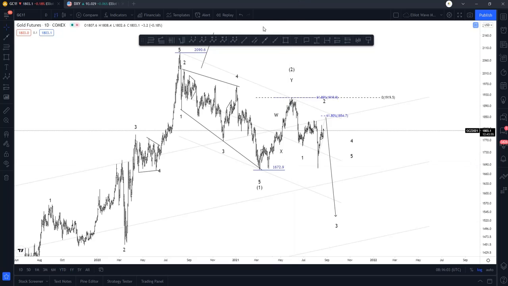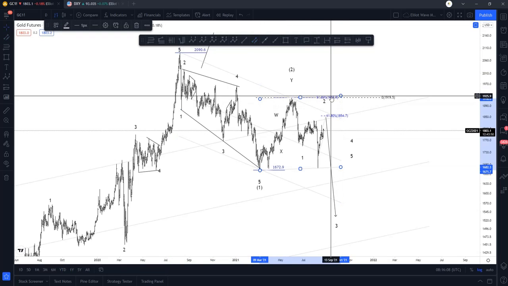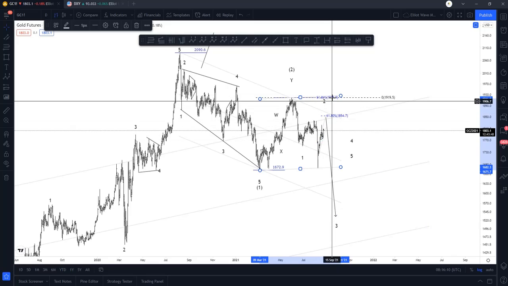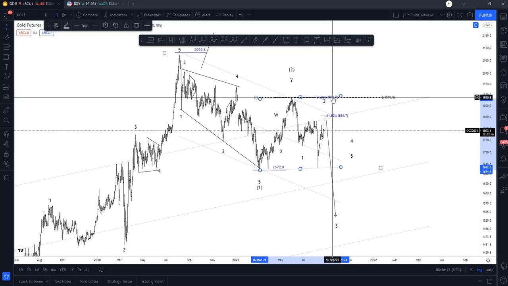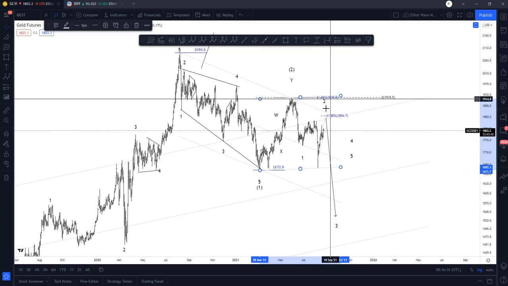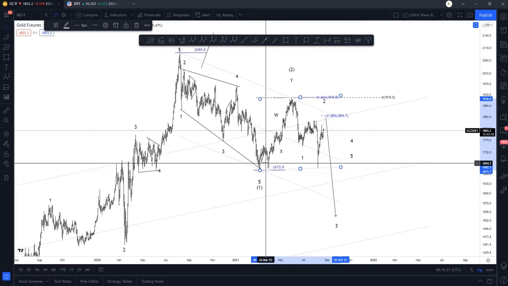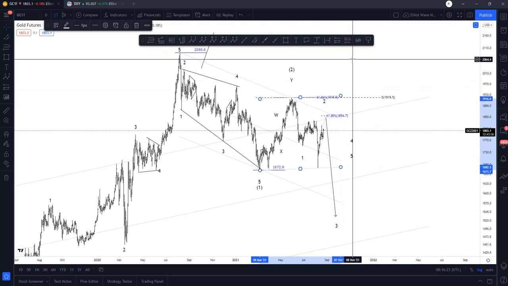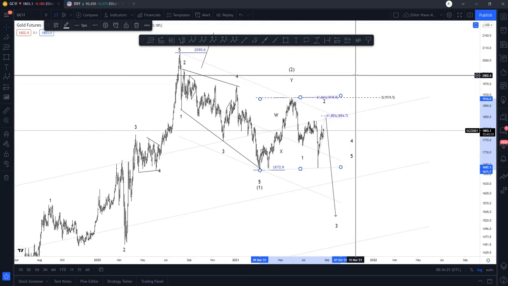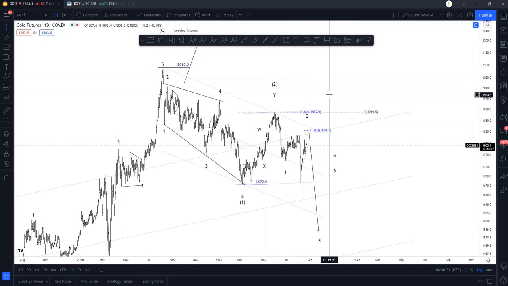Now, of course, if gold does form a zigzag and we see gold move exponentially higher, so much more rapidly higher, this would then tell us that gold may possibly be turning bullish, and this could be the end of the correction as we fall, and we could be seeing a much more bullish gold. This would then indicate, guys, that the dollar index is set to fall much lower.